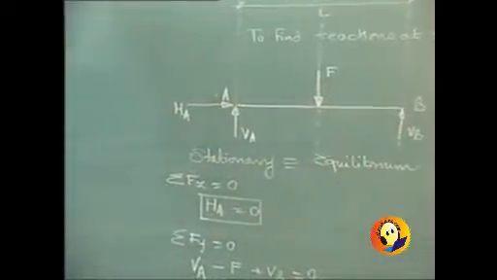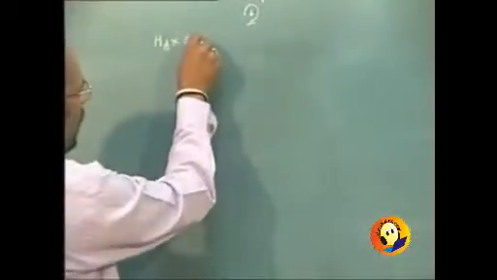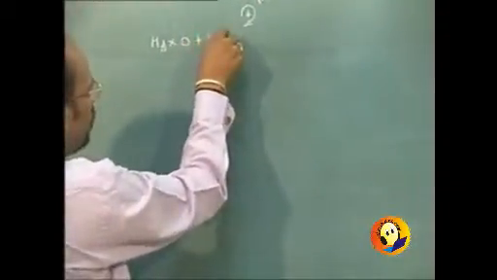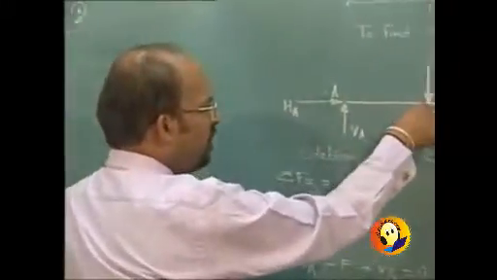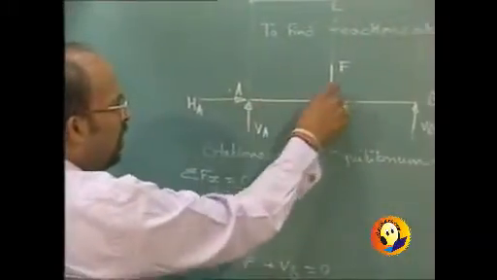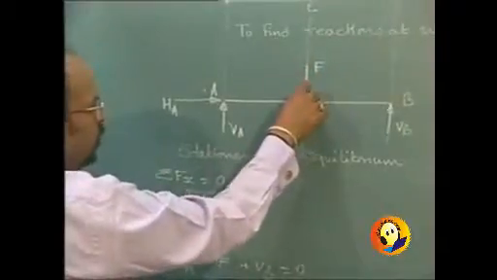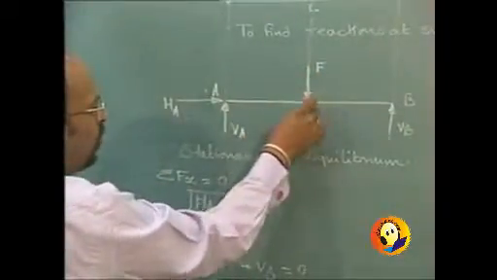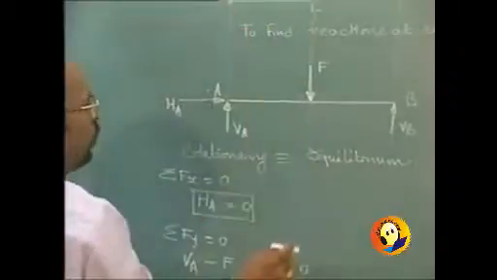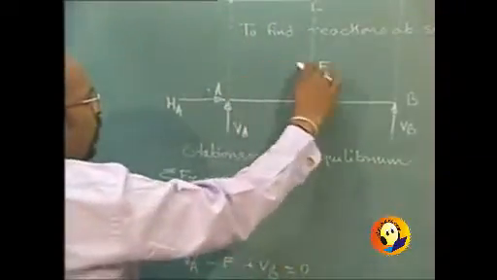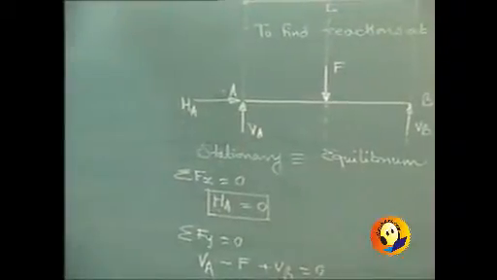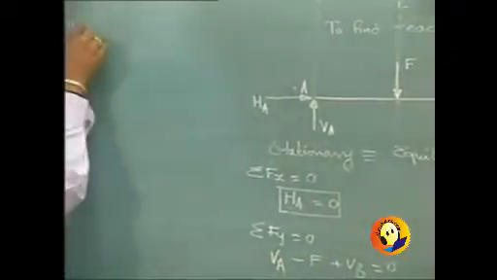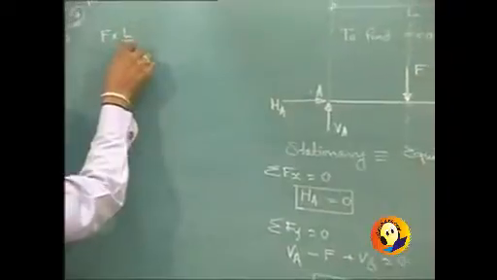If at all we are required to write it, we will write it as HA into 0 because it passes through A, plus VA into 0 because it passes through A. And if it is force F which is to be considered, then force F is vertical, so the perpendicular distance will be the horizontal one, which is L by 2 given to us, and the moment of force F is going to be clockwise about point A,